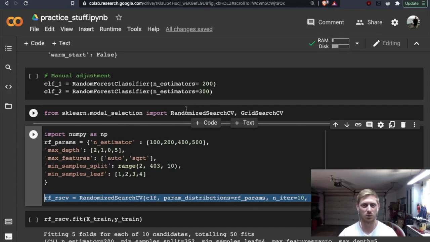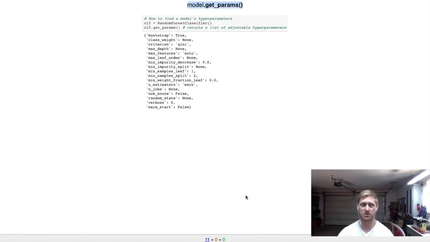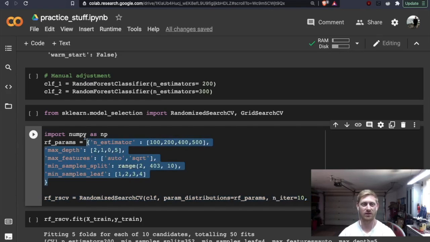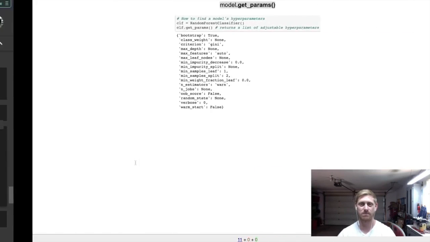This would work for both RandomizedSearchCV and GridSearchCV. GridSearchCV, though, would experiment with everything within the dictionary, whereas RandomizedSearchCV chooses just a random selection.